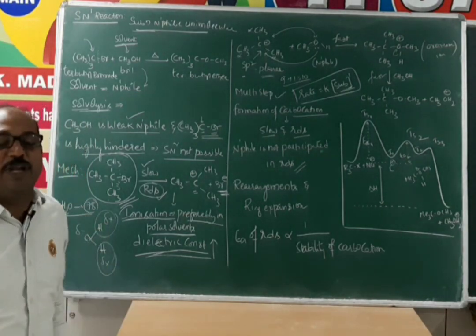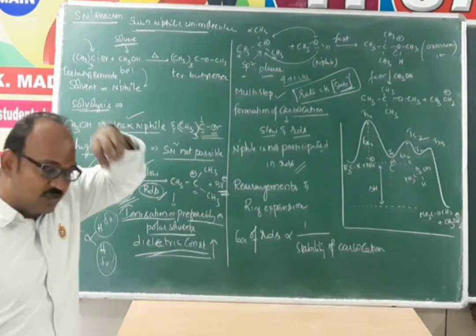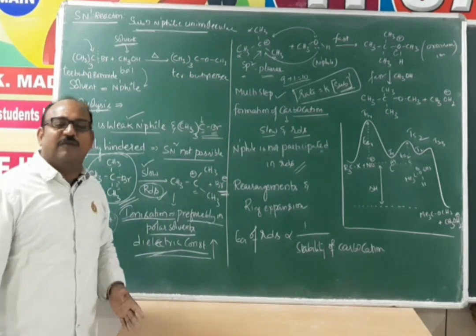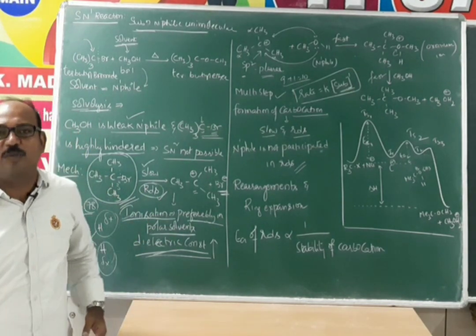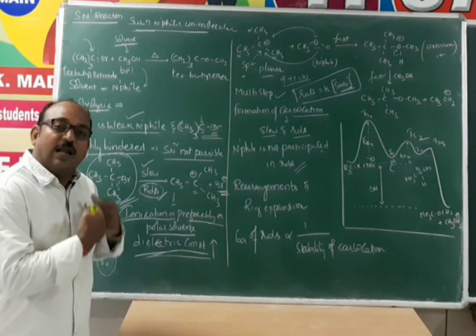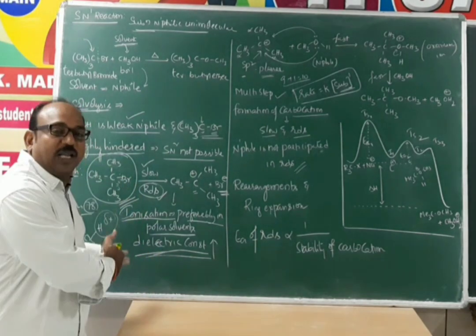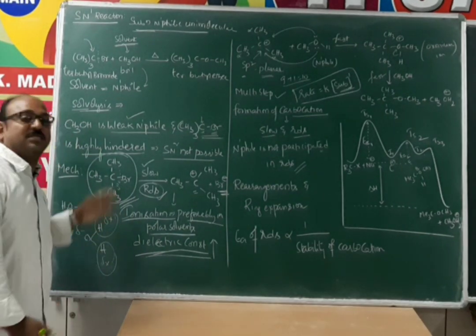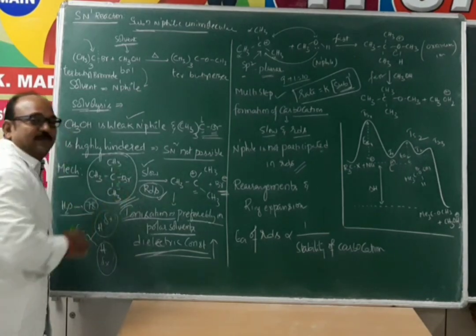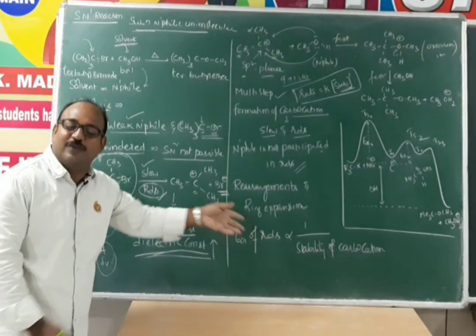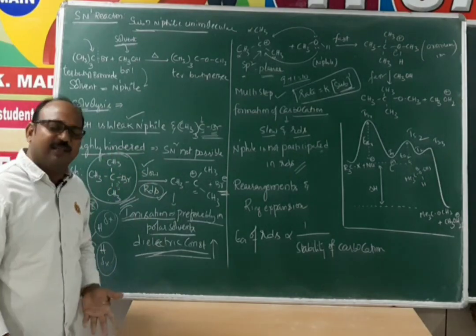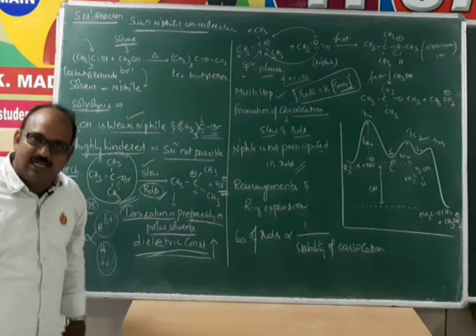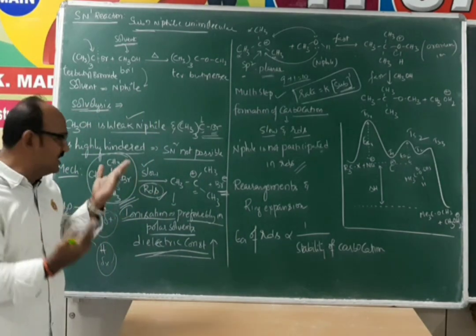If it first dissolves, for example, sodium chloride is there. Sodium chloride, while dissolving in water, readily dissociates into Na plus and Cl minus. Of course, Na plus is solvated by water molecules and Cl minus is also solvated by water molecules. But in order to undergo solvation, or if water is the solvent, what we call hydration, first of all bond breaking must occur. If bond breaking does not take place, there is no formation of ions. When there is no formation of ions, then how can you say that solvation takes place? No doubt, solvation energy is very high, a large amount of energy is liberated, and that energy will be utilized. Okay, first initiation is required.